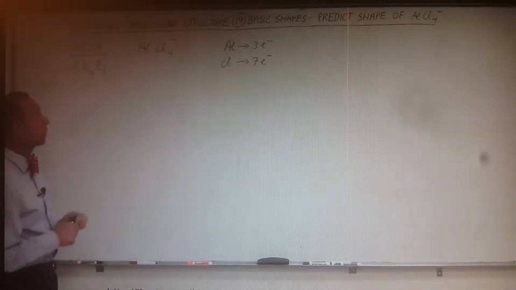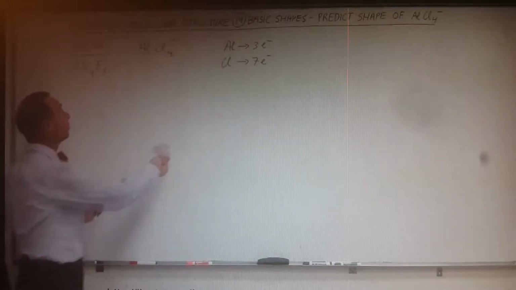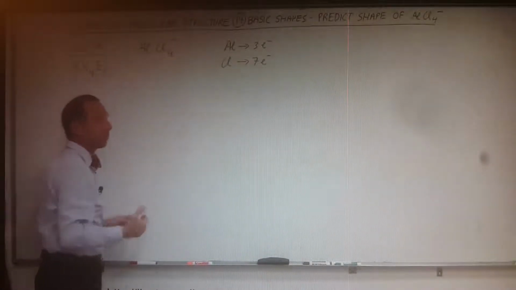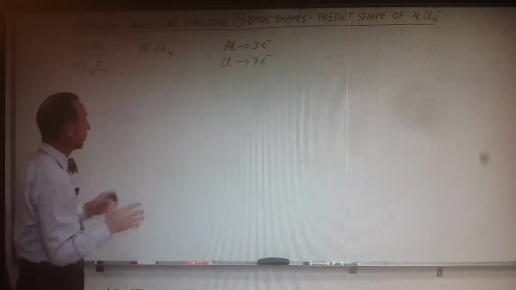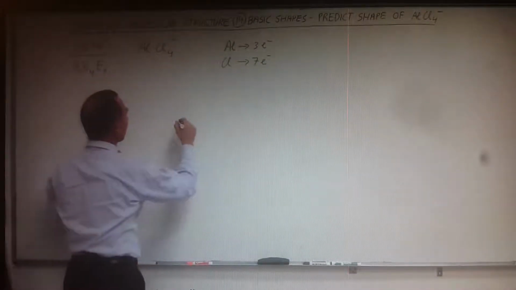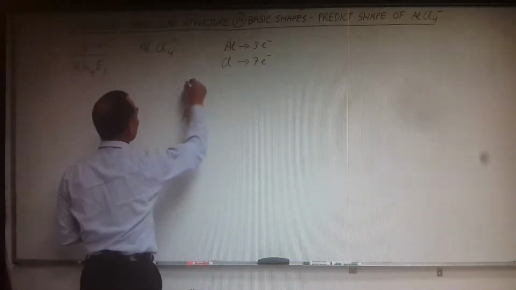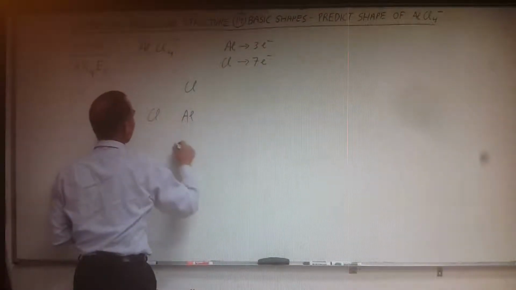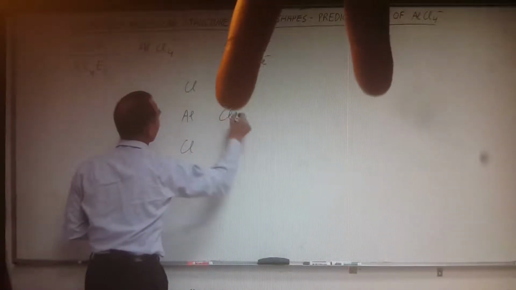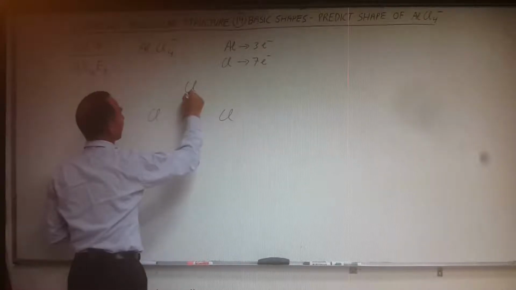Let's find out by drawing the Lewis structure and see what we get. Aluminum is going to go in the middle. It's the lowest electronegativity out of aluminum and chlorine, so it's the central atom. So let's put aluminum right here, and we'll have 4 chlorine atoms like this. And they also will form a single bond,